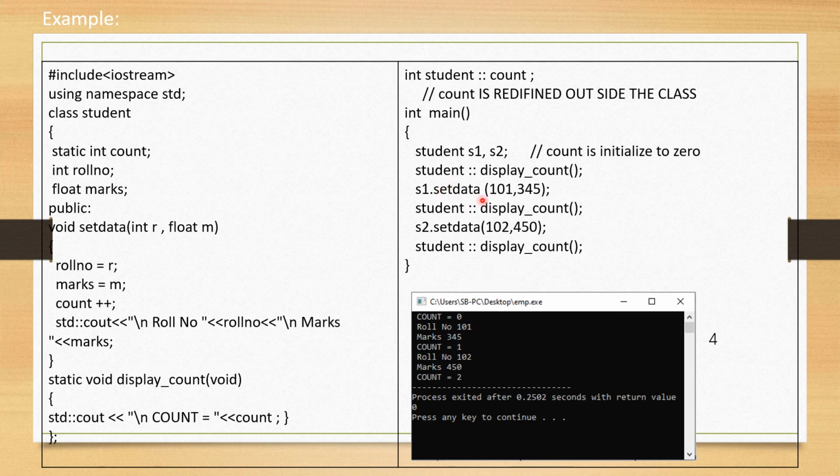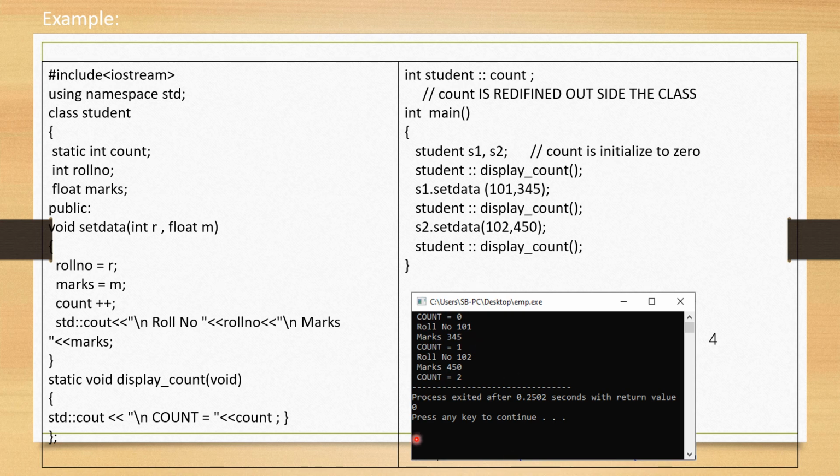Then s1 dot setdata 101 and 345. So roll number r will have the value 101, and 345 will be the marks. Roll number and marks get assigned as 101 and 345, and they get displayed because in setdata we have the statement to display roll number and marks. So roll number is equal to 101, marks is equal to 345.